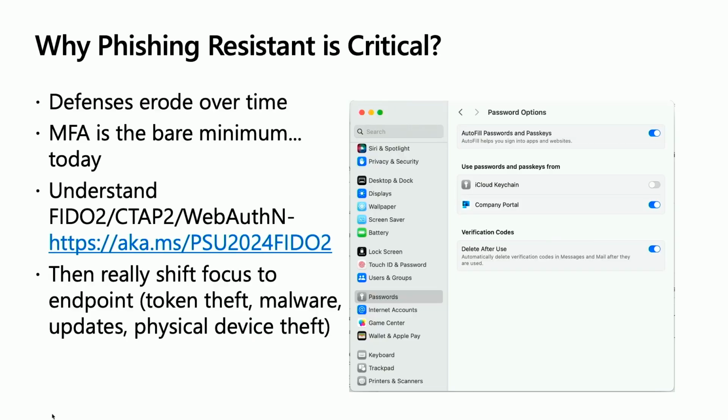You'll get a better end user experience because they won't get prompted for those MFA prompts. And then you can turn your attention to focusing on where the attackers are going to go next, which is the endpoint. And spend that time hardening the endpoint and continue to focus on that because that's where they're going to go take care of this issue. So go with the Secure Enclave if you haven't deployed it. Okay? The second thing,